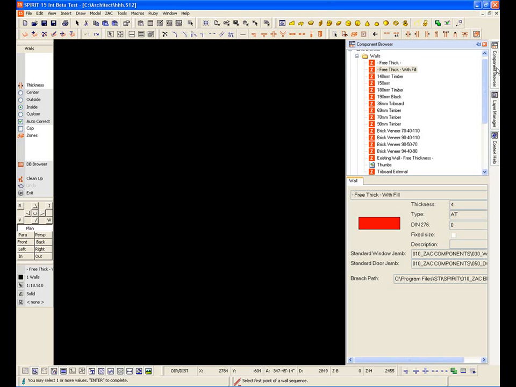We're going to have a look at how walls are created within Spirit. We go to the component browser. All I need to do is put my mouse over that and the component browser pops out automatically. You can drag and drop predefined walls, but I'm going to drag and drop this free thickness wall into here. It automatically goes into the walls menu, set the thickness, it's at 100, and click on screen and start